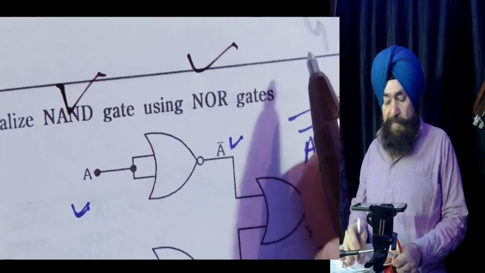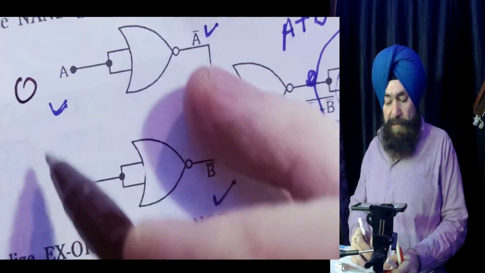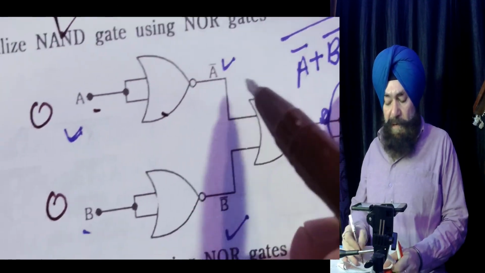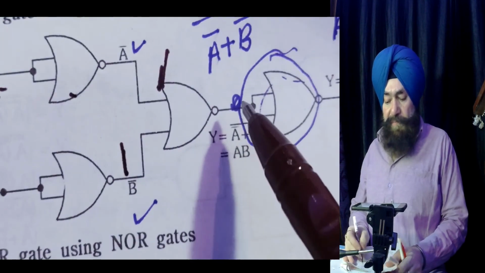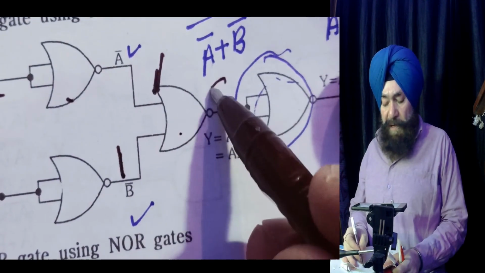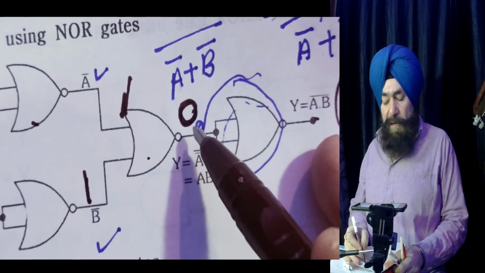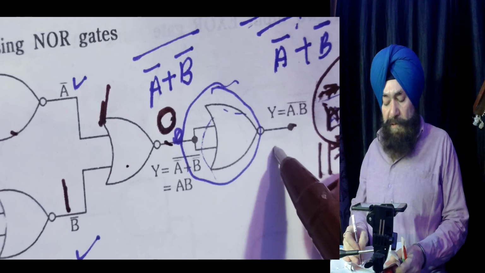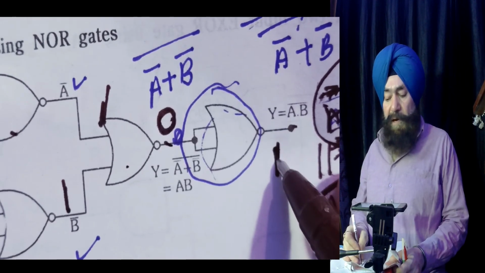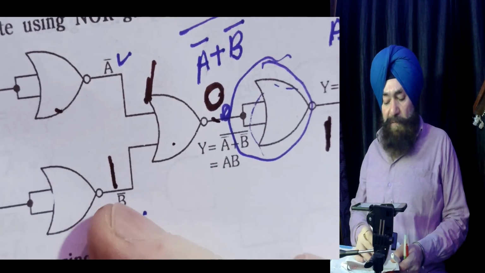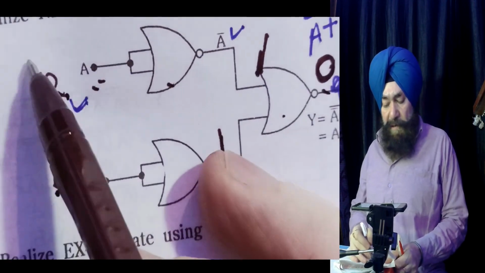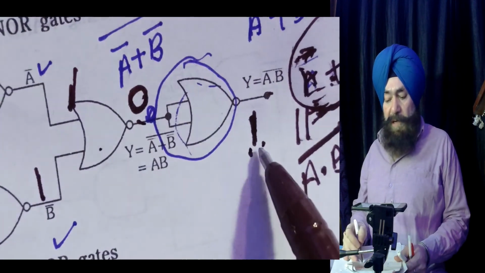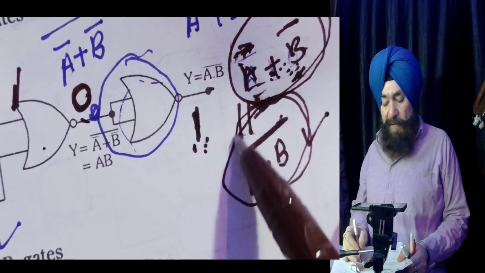using NOR gates. Of course, you can prove it like this: if 0, 0 is here, 0 becomes 1, this 0 becomes 1, and 1, 1 into the NOR gate gives 0, and 0 turns to 1. So like that I proved 0, 0 is 1. You prove 0, 1, 1, 0, 1, 1. What about the output? And you will notice that it will be like a NAND gate. Okay.